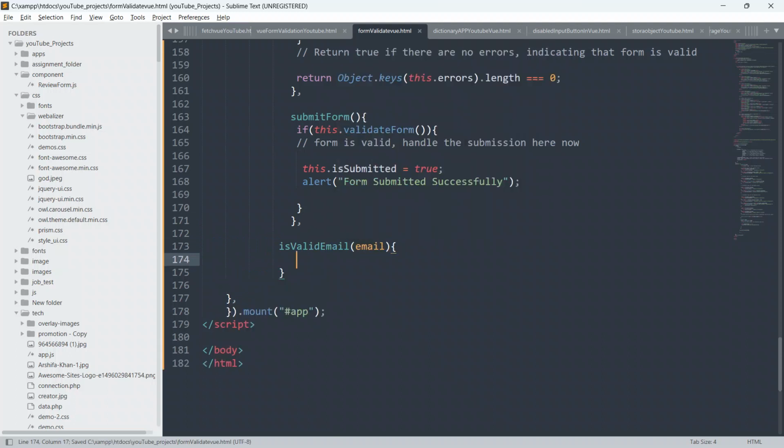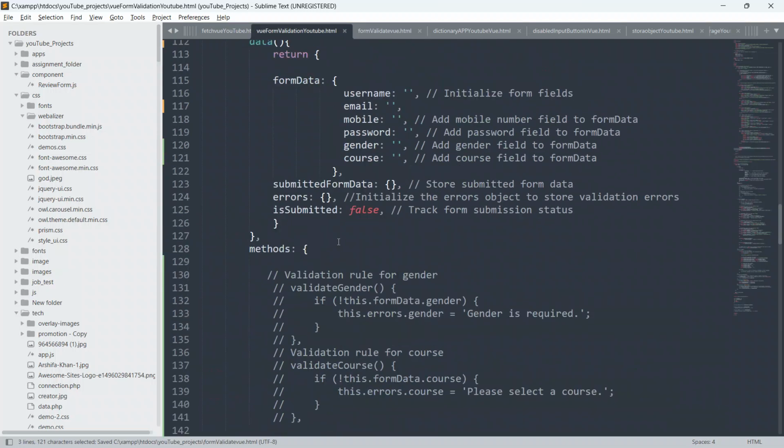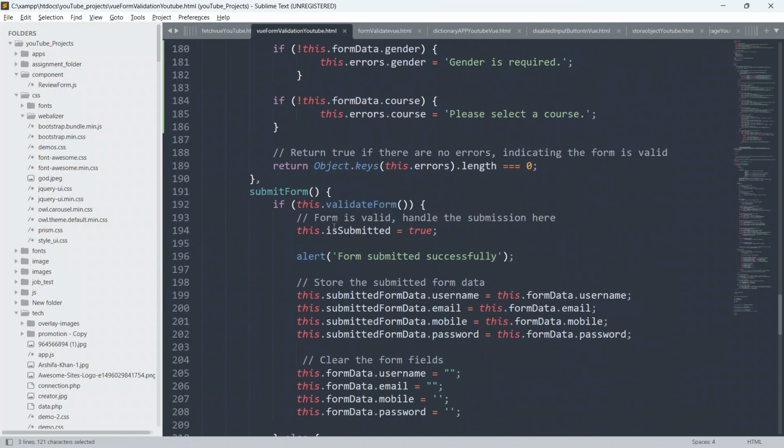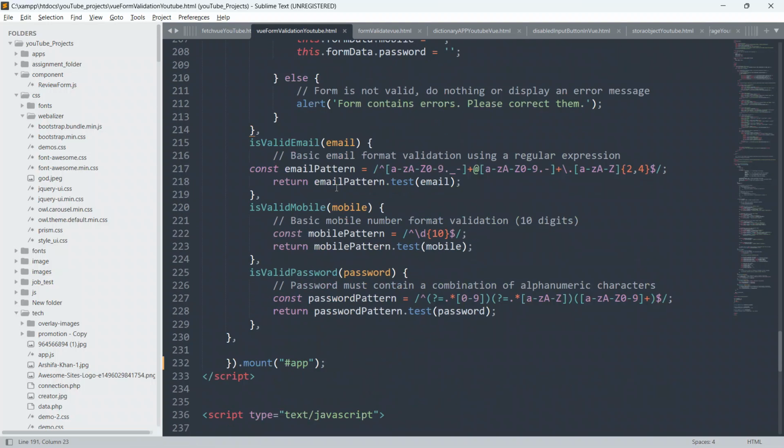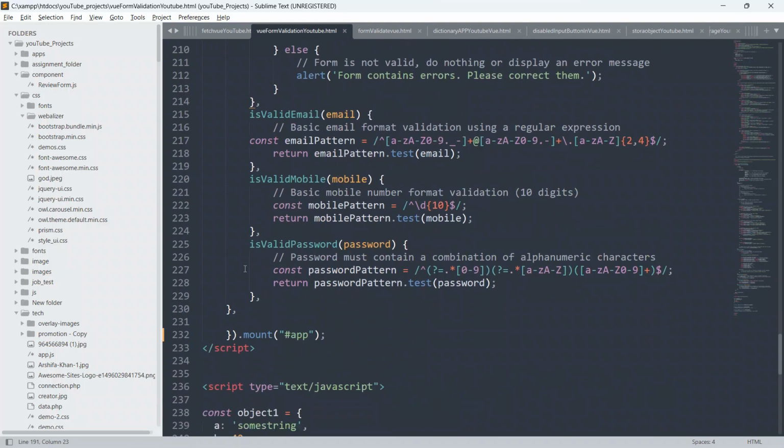And guys, rather than defining, let me just copy from the previous example, and I will explain each and everything in detail. In this way, this will save a lot of time also.